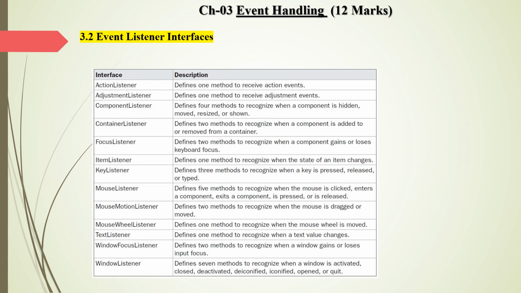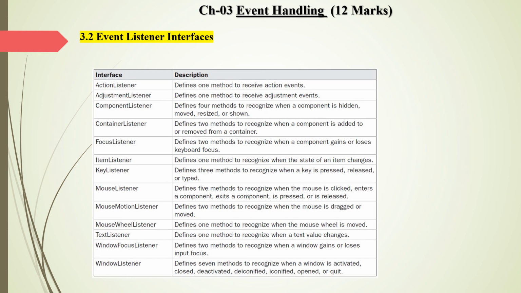Next listener, mouse listener has five methods: when the mouse is clicked, when the mouse enters a component, when the mouse exits a component, when the mouse is pressed, and when the mouse is released. So these are various methods we will study in brief. All these methods are part of the listeners, so we will study them in the next lecture.